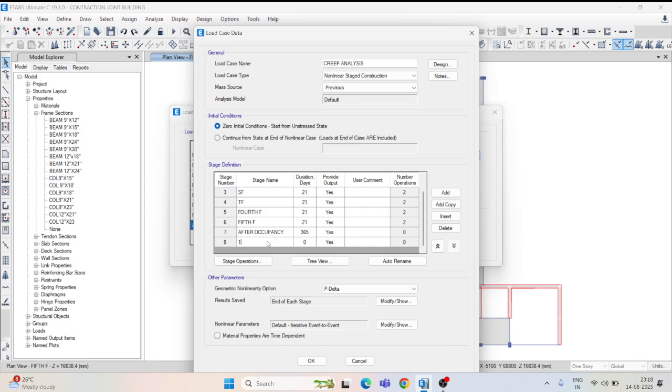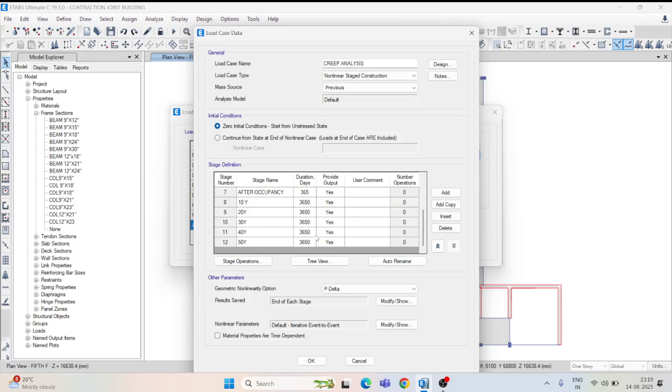So after 10 years, 10 years is 3650 days, then again 20 years, again 3650, and 30 years also the same, and 40 years the same, and here it will be 50 years, okay.